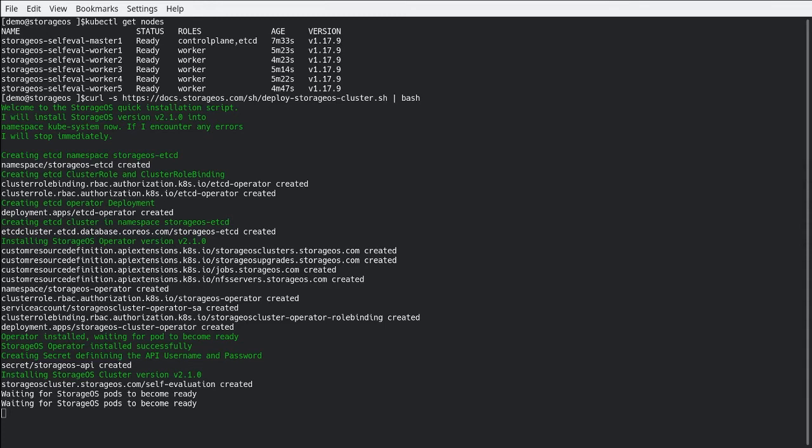Once the operator is installed, we can install a StorageOS custom resource. This instructs the operator to install StorageOS as a daemon set. That's what's running now. Finally, we install the StorageOS command line, useful to manage the cluster. And that's all we need to build a functional StorageOS cluster and begin deploying stateful workloads such as Postgres, MySQL,